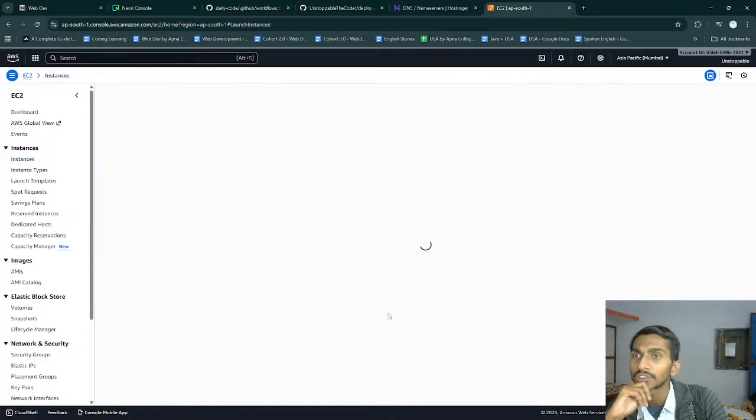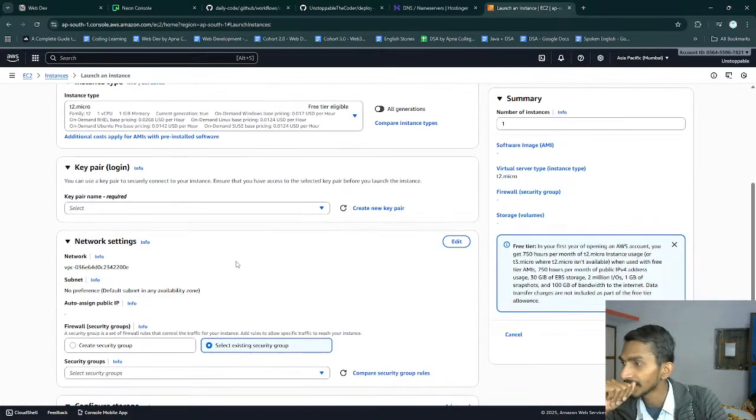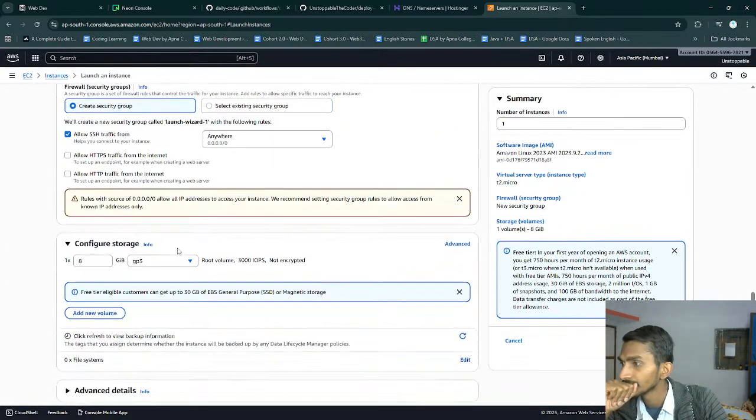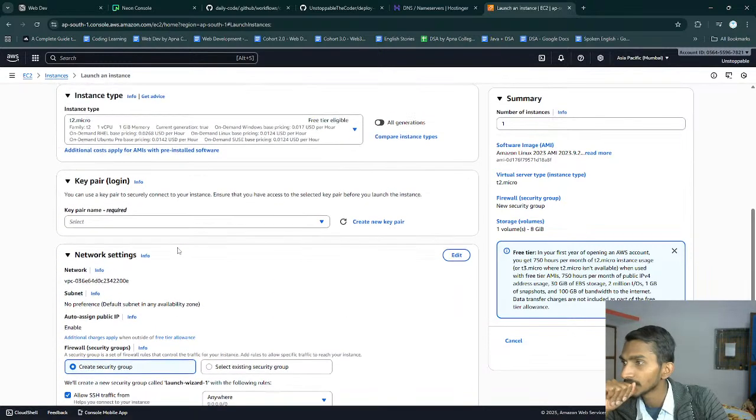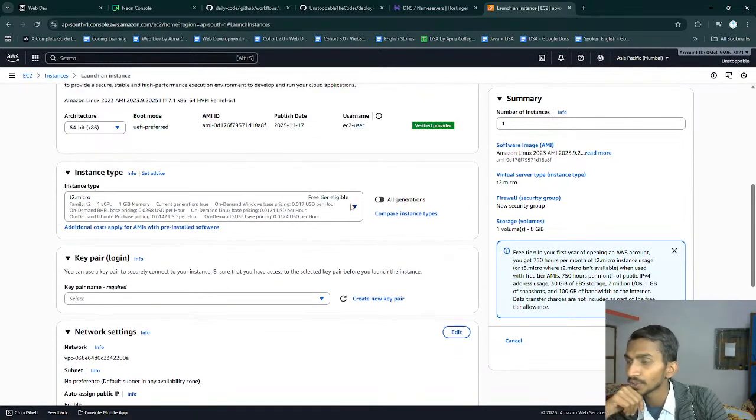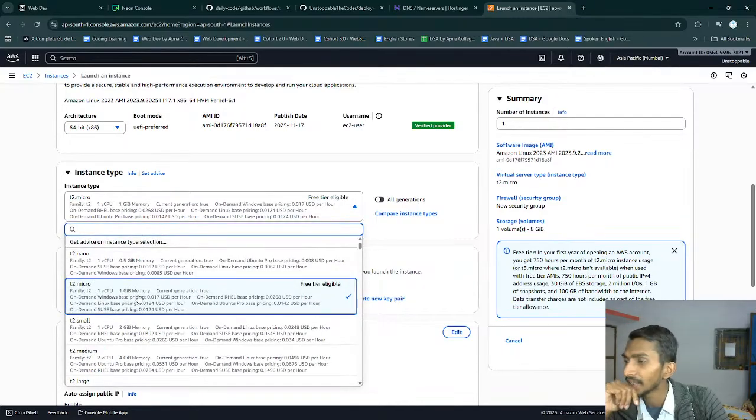If I actually launch an instance, I will get this option here. First of all, free tier eligible, this thing. I get only 1 GB memory and that is not enough for my project. And then I start getting the error. Then I need to move to T2 small and then I start facing the problem.